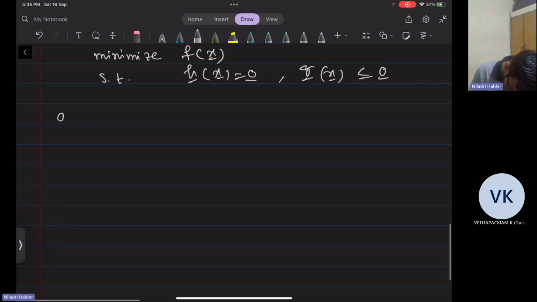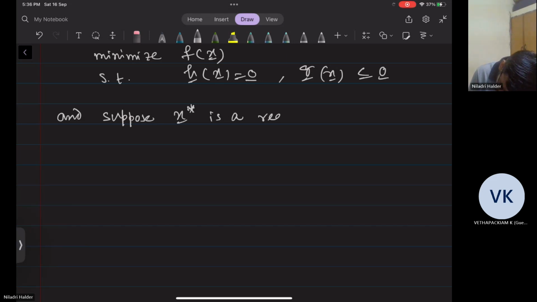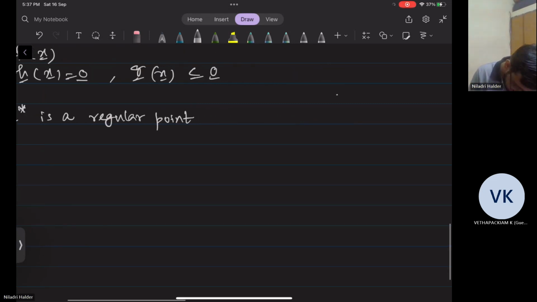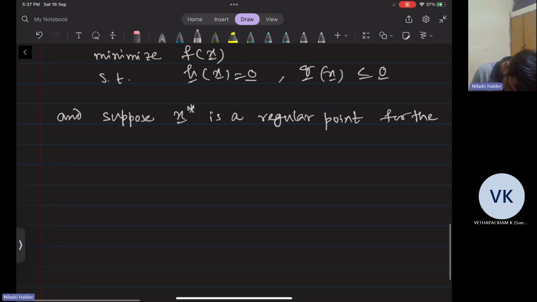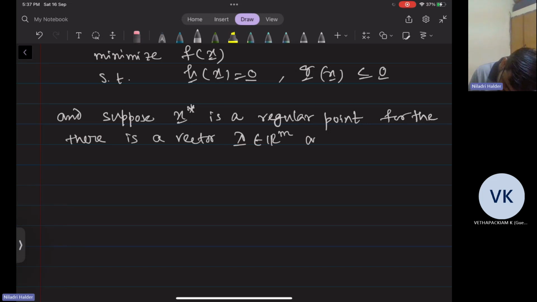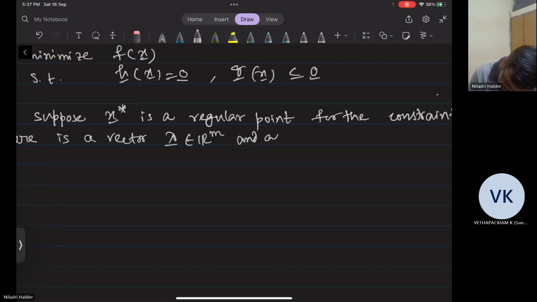And suppose x star is a regular point for the constraints. Then there is a vector lambda and a vector mu